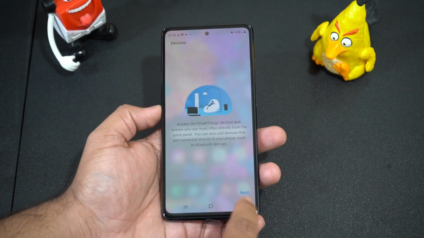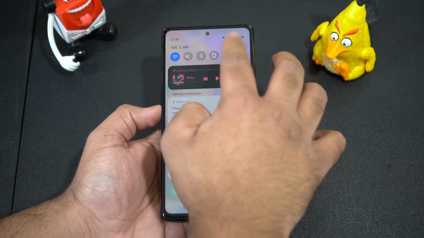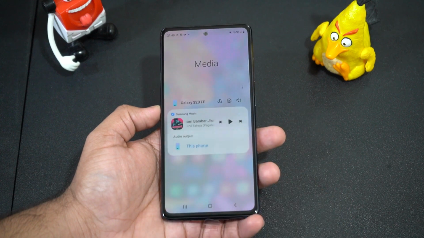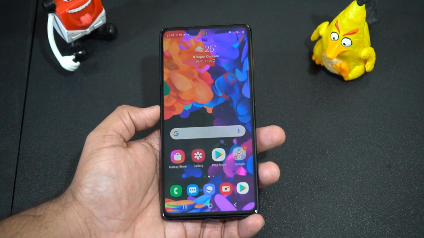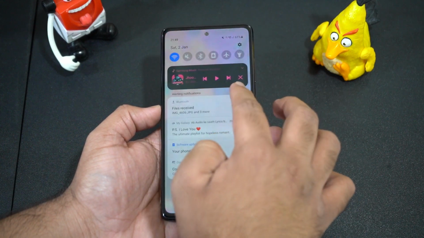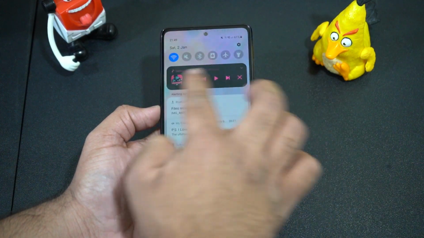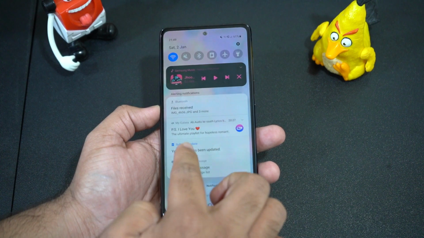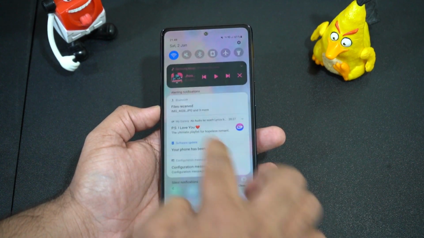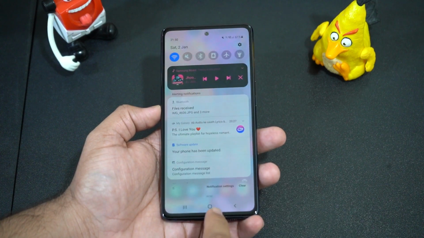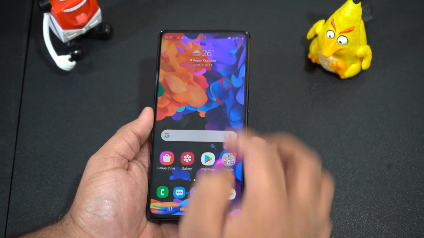Media and device control is easier with the improved media panel in notification center. The device and media shortcut buttons have been added in the quick panel, and you can see recently used media apps and quickly change the playback device. So it's much more convenient now. And in the notification panel, now the notifications are divided into categories like music playback at the top. Then there are alerting notifications like messages and others, and finally at the end there are silent notifications like downloaded files and all. So it's better to take a glance at different notifications.